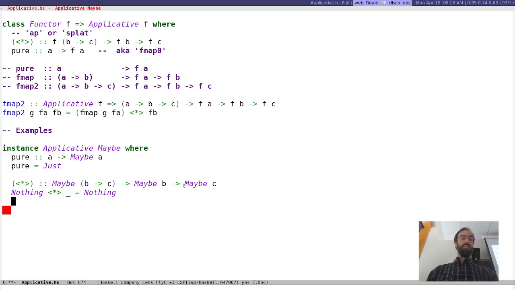Yeah, but the only way I'm going to be able to make a C is if I really do have a B to C function and I have a B. That's the only way. So we could even flip it around and do the just case first. That's the only case where we're going to get a just. So if it's just a function G and just a B, then I'll return just G. And otherwise, in all other cases,